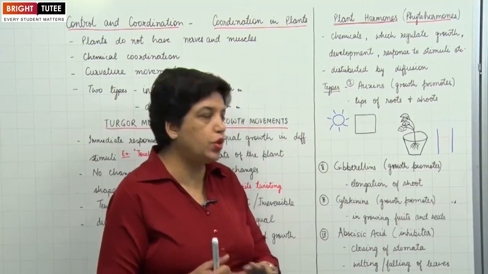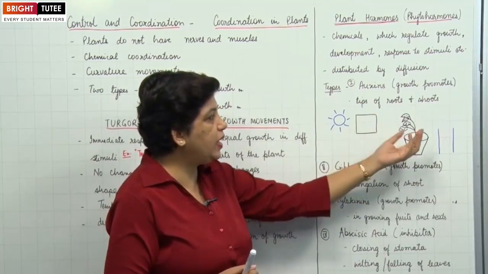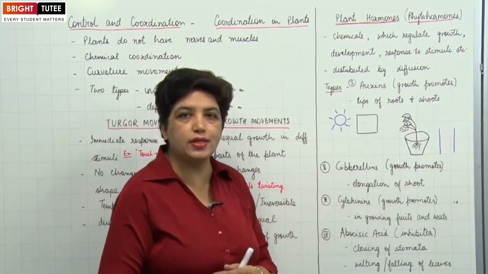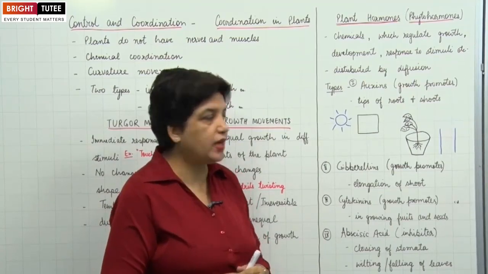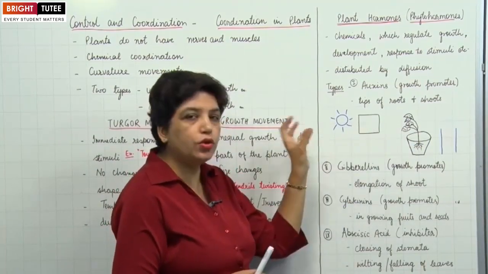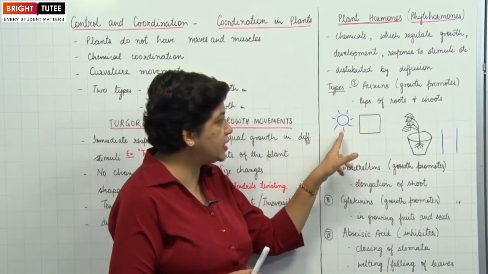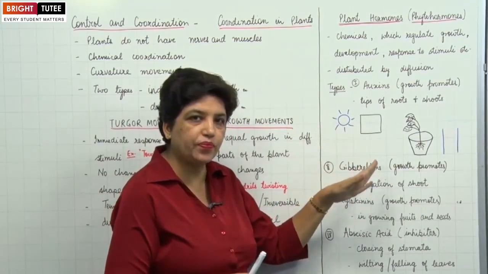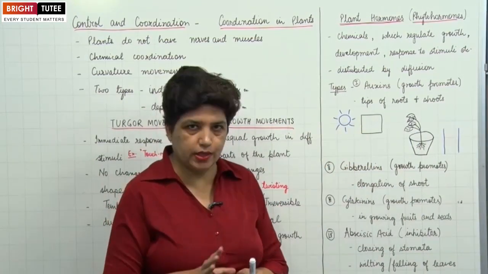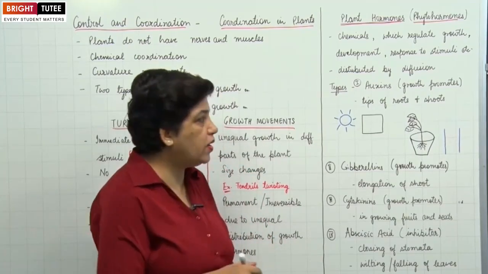After a few days, you notice that there is bending of branches and the leaves towards the window. Alright, so they bend towards the window to receive the sunlight. In this case, the stimulus is the light. Now, how does this bending occur? The auxins, alright, so whenever